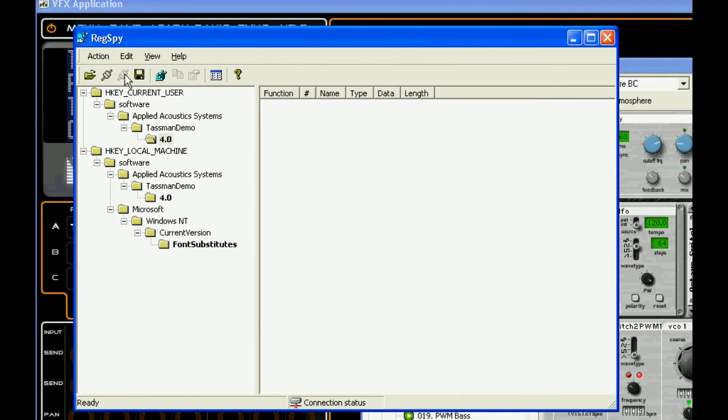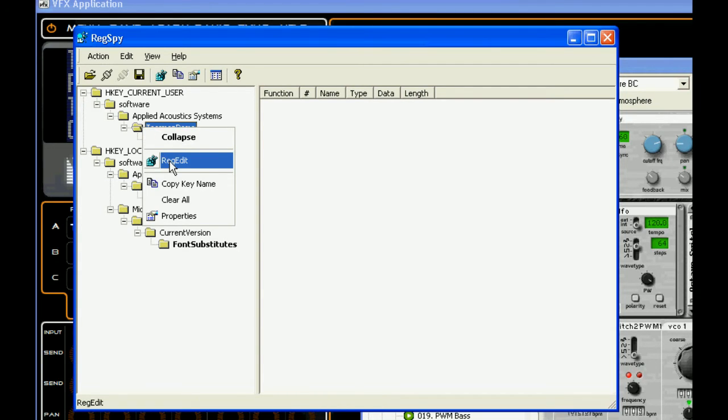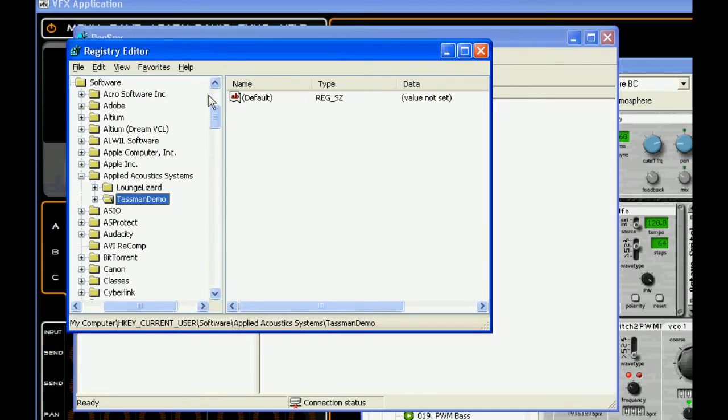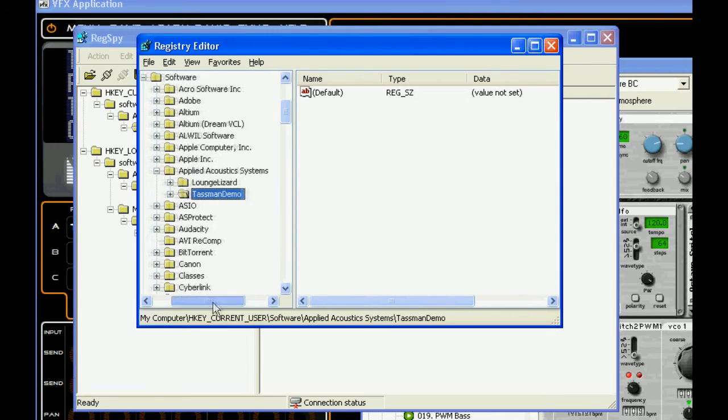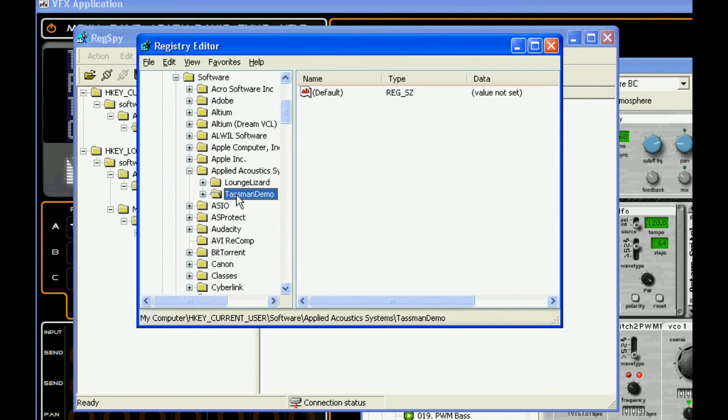Click the disconnect button. Now the really cool thing about the RegSpy program is you can jump directly to these keys in regedit, just by right-hand clicking and selecting regedit. You have to be disconnected from the application that you're spying on first. You can see the registry editor has jumped up and gone straight to the location of that registry key. If we now right-hand click on that registry key, we can go export,